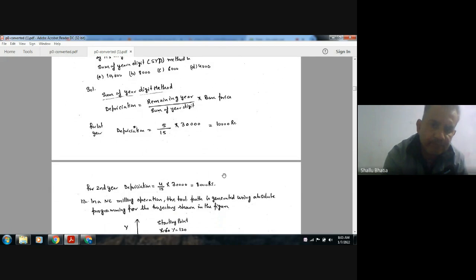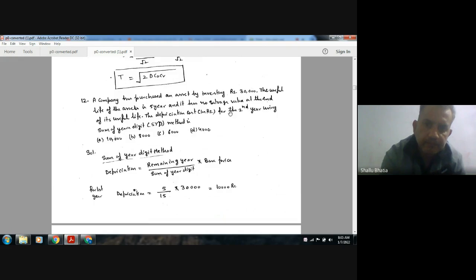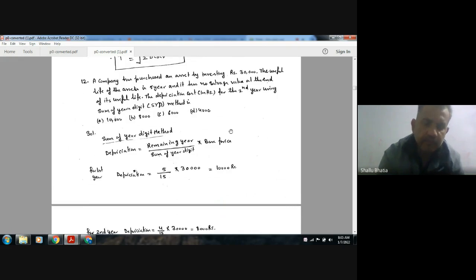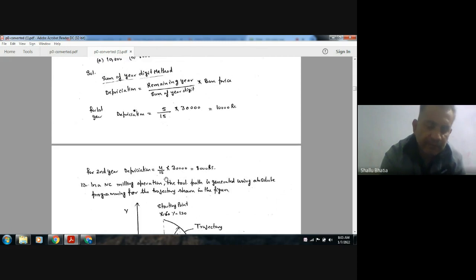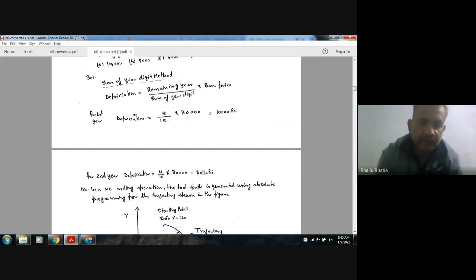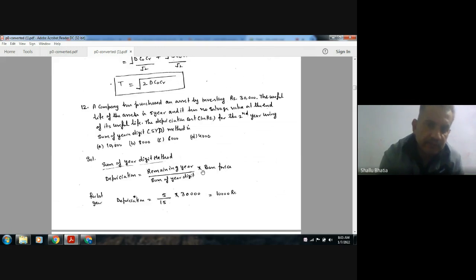Similarly, we have to find out the depreciation in the second year. In the second year the remaining number of years is 4, the sum of year digits is 15 and the base price is 30,000. So the second year depreciation is 8,000. So the answer is B. Next,